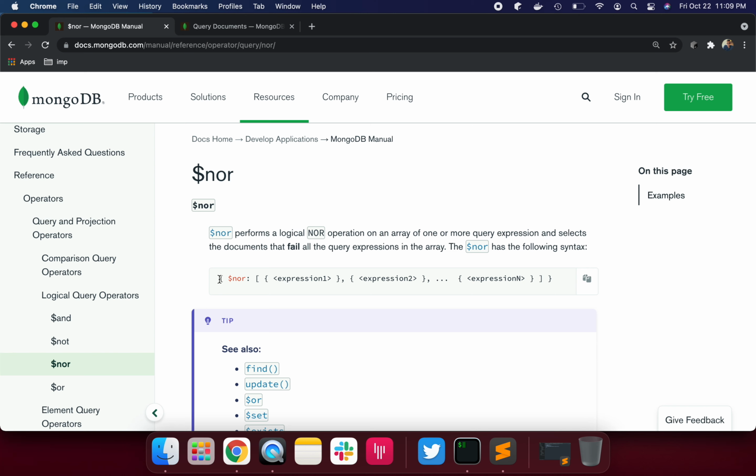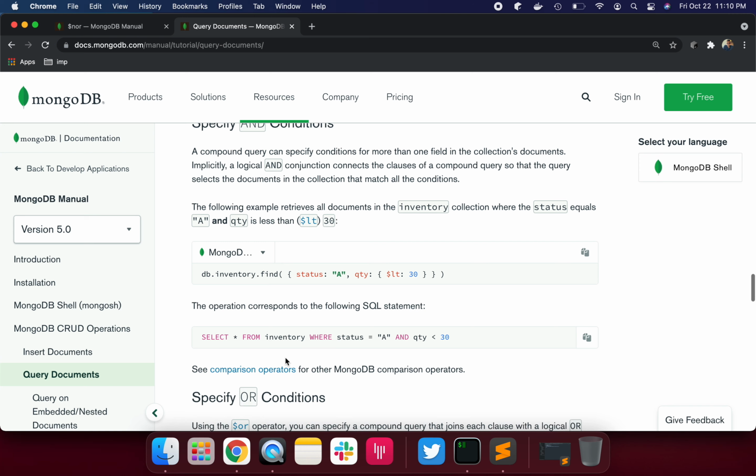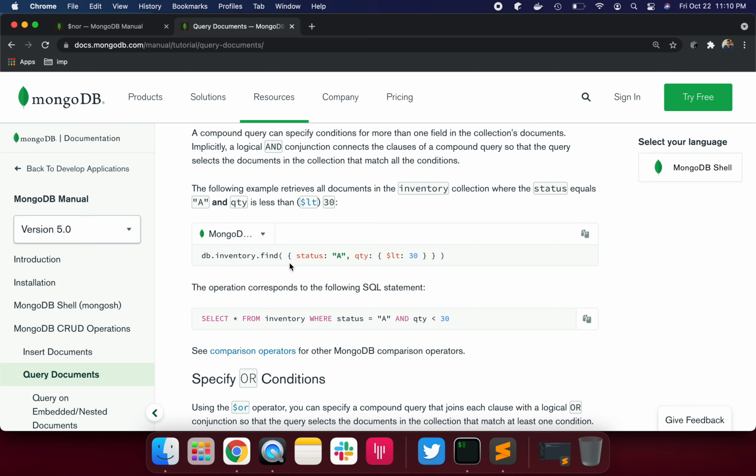The core thing is we need to understand how this syntax works. Whatever programming language you write in, it doesn't matter, if you understand the basics of how you can put the query. If you write the SQL statement, you say select star from inventory where status equals A and quantity is less than 30. We are doing the same thing in MongoDB here.